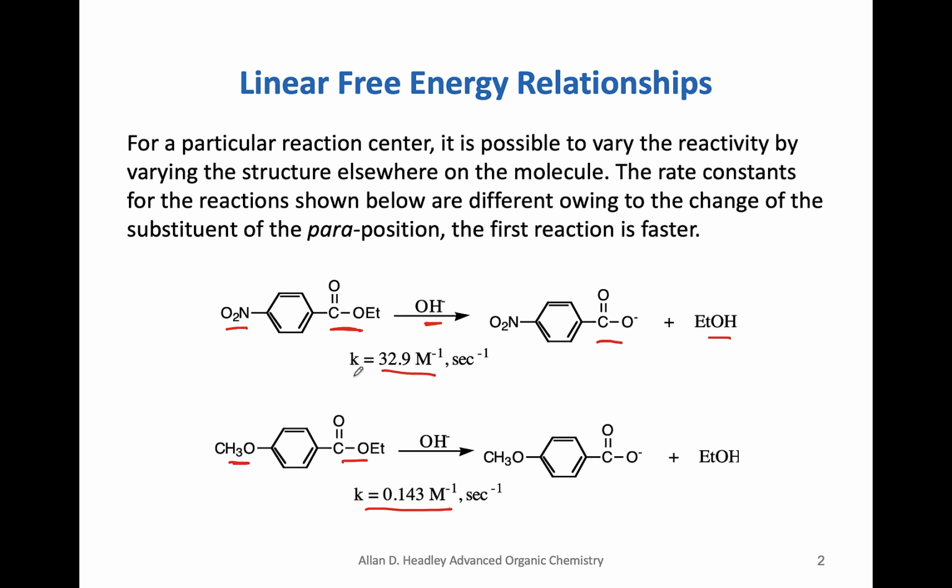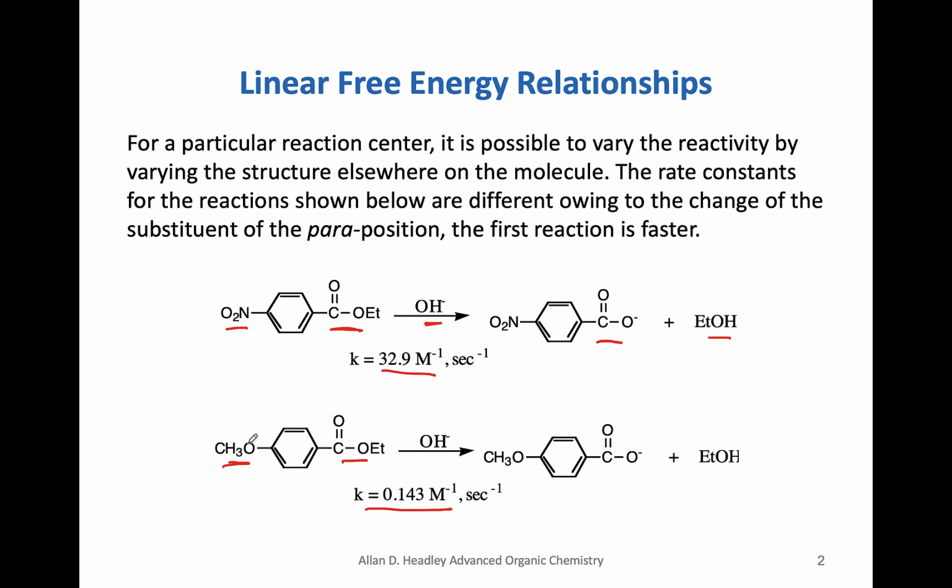Once again, this is the rate constant for the hydrolysis. This is very fast with the nitro group compared to the ester with the methoxy group. The question now is why? But the main thing is the observation that a nitro group speeds up the reaction, and a methoxy group slows down the reaction. Let's see if we can use that information to help us in our analysis of structural effects on